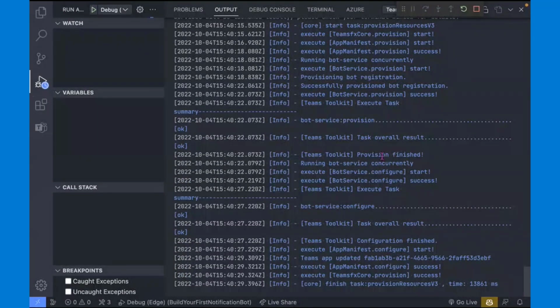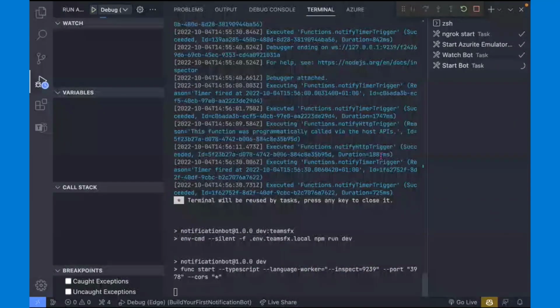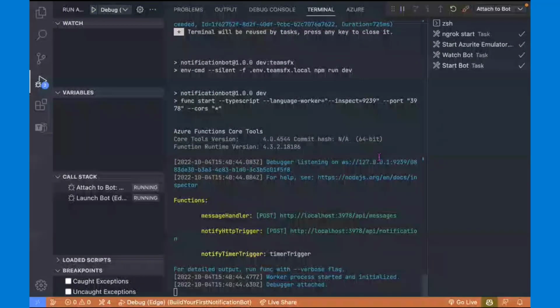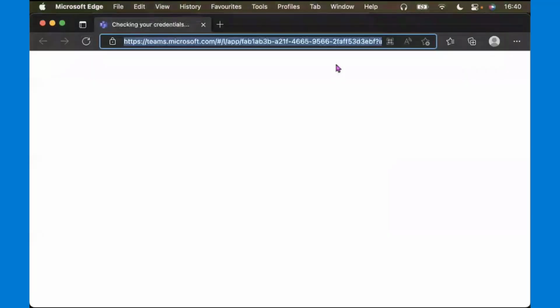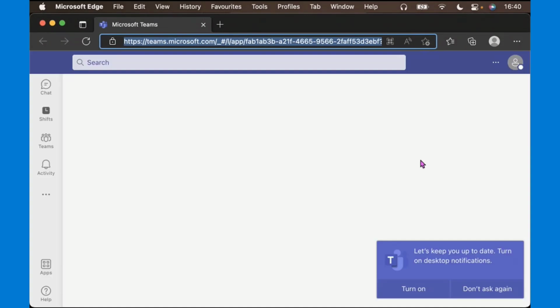Additionally, it's going off to the Bot Framework and provisioning a bot in the service for us. So that's where the ID and the password comes from. That's injected into our config. When Teams Toolkit has done its job, it will open up the browser and it will open up our bot.